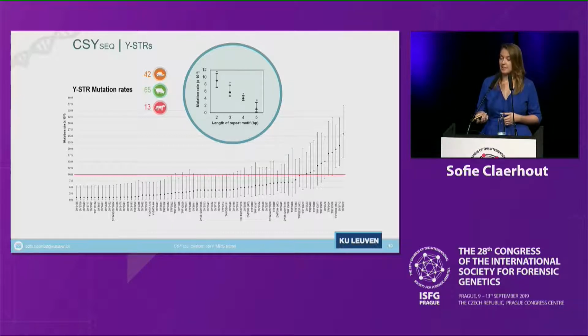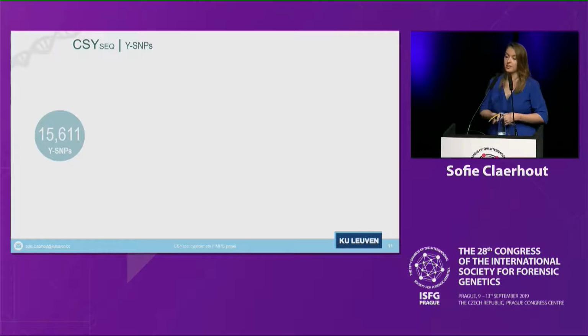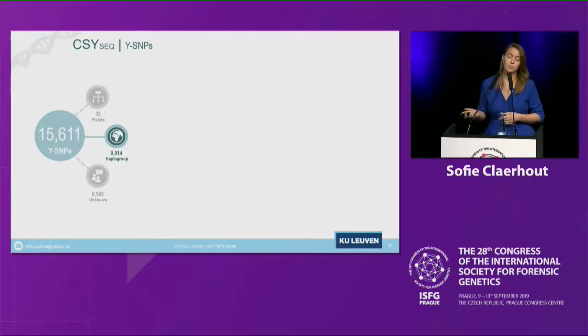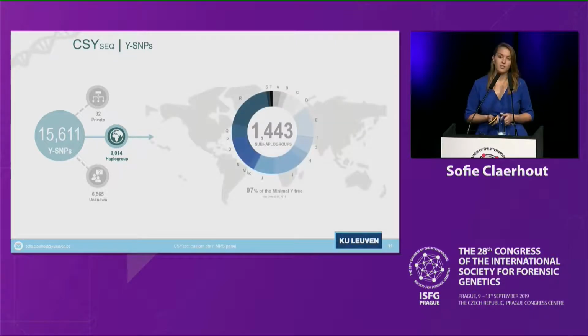Then on to the SNPs. After data analysis, we targeted over 15,000 Y SNPs, which is a huge amount. And they can be distributed into 3 groups. We have the private SNPs, we have the SNPs with unknown phylogenetic position, and the majority belongs to the haplogroup-specific SNPs. And these cover more than 1,400 deep subhaplogroups, all distributed across the phylogenetic tree, so covering the main haplogroups